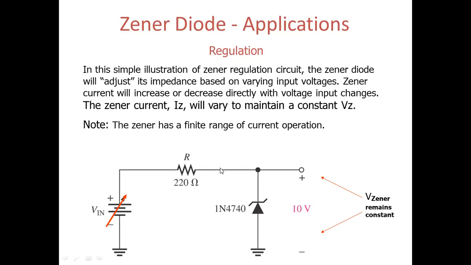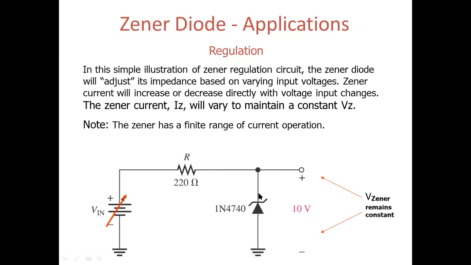Sir, if the current is more here, then the resistance will decrease here. No, sorry, it increases here, and it will maintain the product of current and resistance again. The impedance value varies here, and the output will be constant. It is going to maintain that. So the Zener will adjust its impedance. For AC we call it impedance.